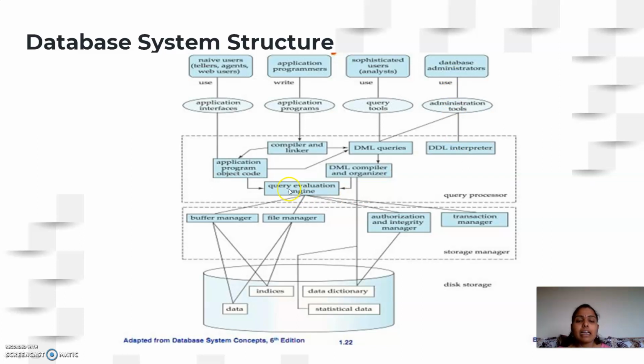So now the query evaluation engine will execute your query. Like if I say select star from employees, I wanted to retrieve all the details from the employees table. Where is the employees table available? On the disk storage. So in order to access data from your hard disk, how does the database access it? You will be making use of the storage manager. Again, in the storage manager, you have four major components. The first one is buffer manager, file manager, authorization and integrity manager, transaction manager.